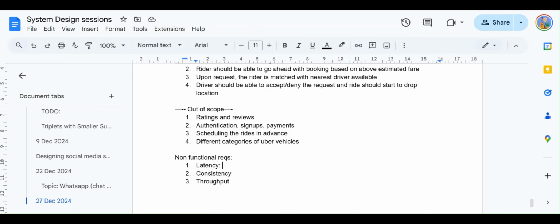So we can probably say that low latency with ride matching for the end user, for the end rider, or maybe we'll just say the rider, such as let's say 1 minute for now. So within a minute, we should be able to book him a ride. If not, the system should fail the request.